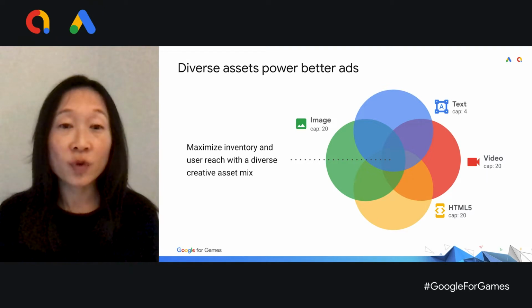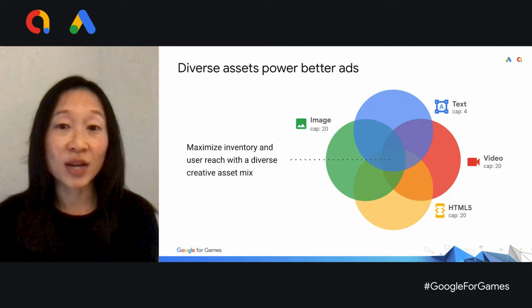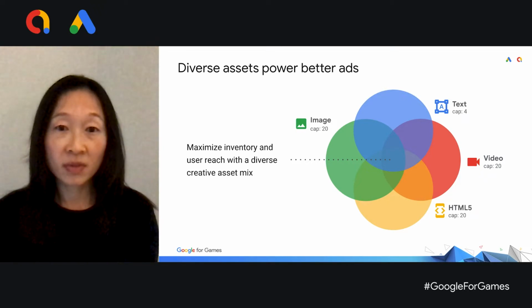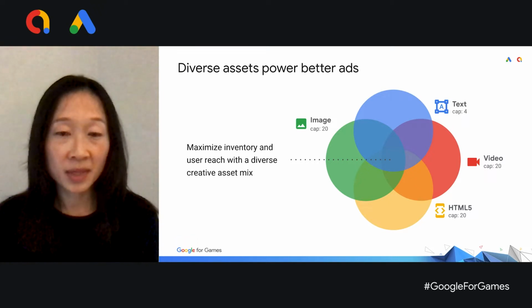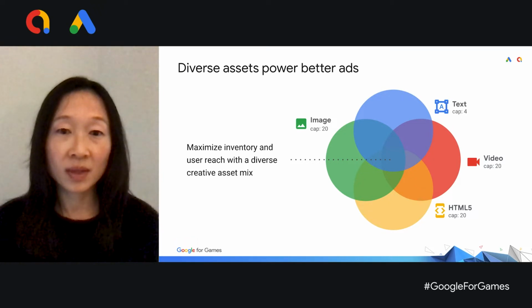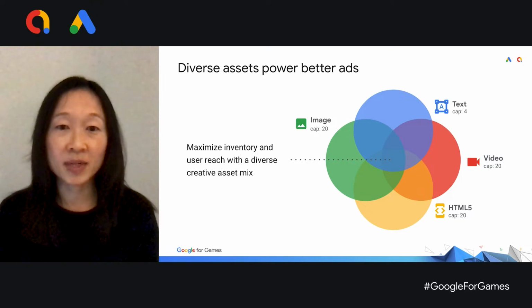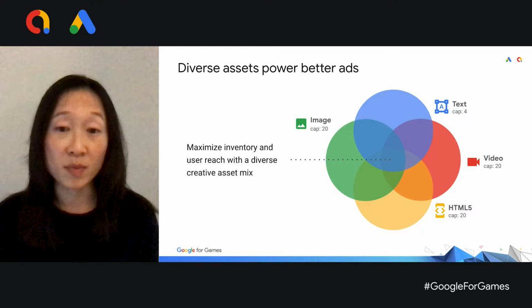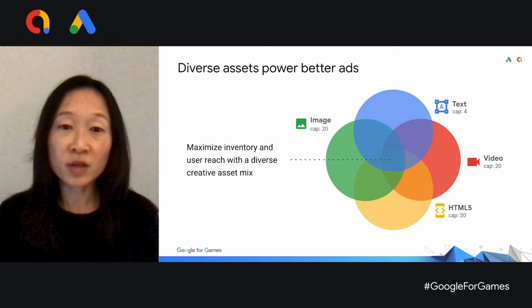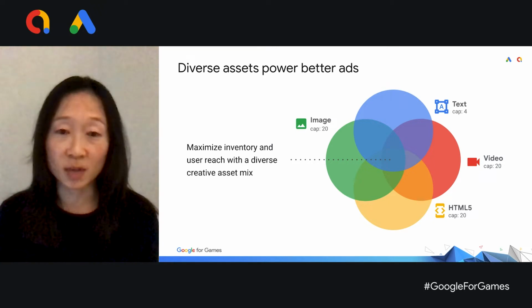App campaigns uses 4 types of creative assets to deliver engaging and relevant ads. These include text, image, video, and HTML5 playables. With automation, creative assets become the building blocks to construct the right ad in the right moment, showing the most engaging creative to each potential player. So make sure to provide all 4 of these different asset types to ensure that you're making the most out of every reach opportunity. For game developers, the first step to any great creative asset is to lean into what makes your game special to get potential players excited to start playing.